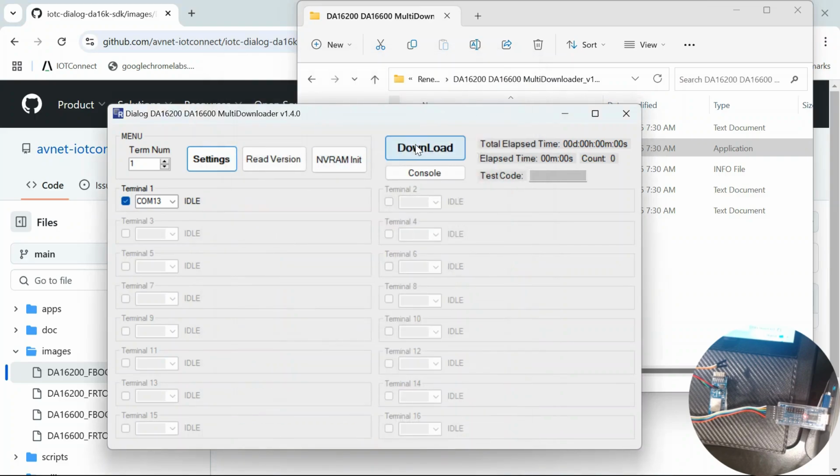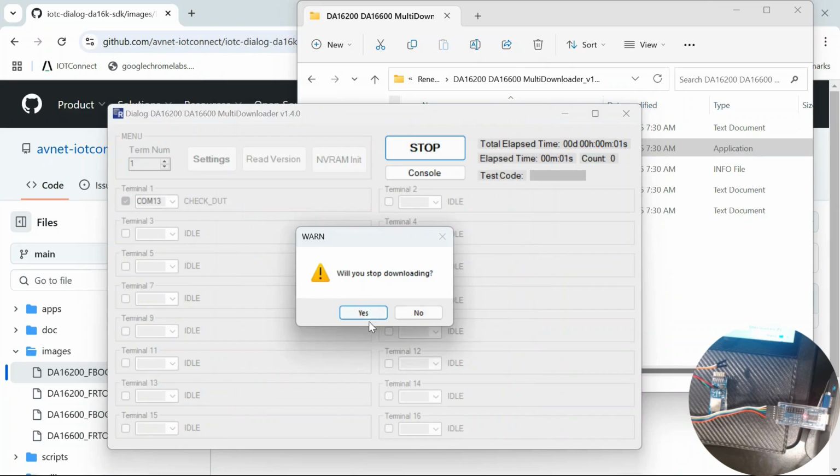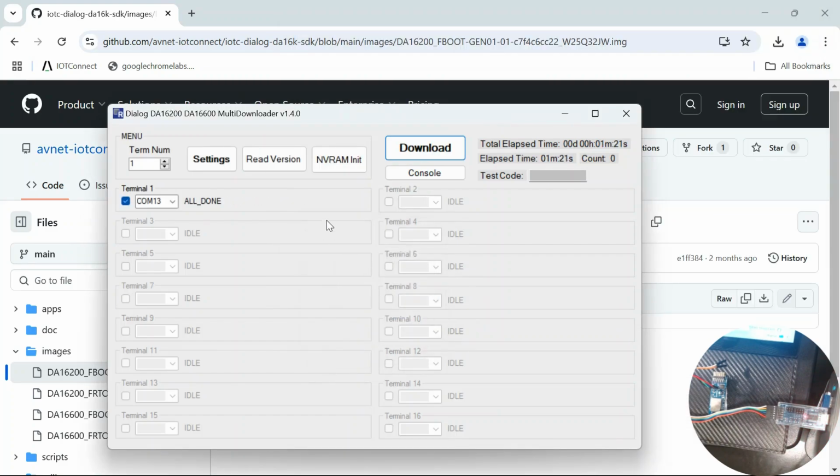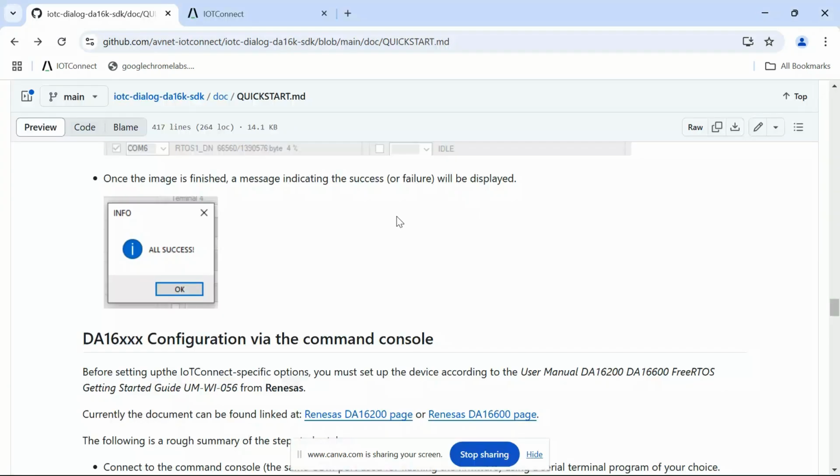Now I can just hit download, and this will go through the download process of putting the bootloader in, and now putting in the application code. All was successful, so let's now go ahead and close this application. So congratulations, your device is now programmed, and now we're going to talk a little bit about configuring the